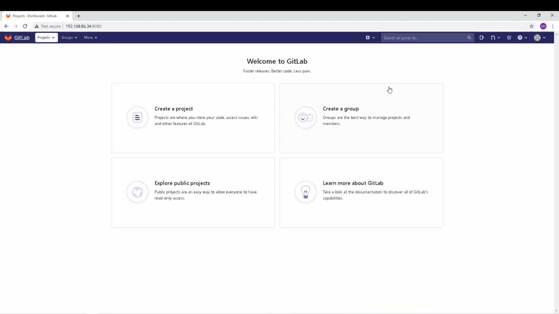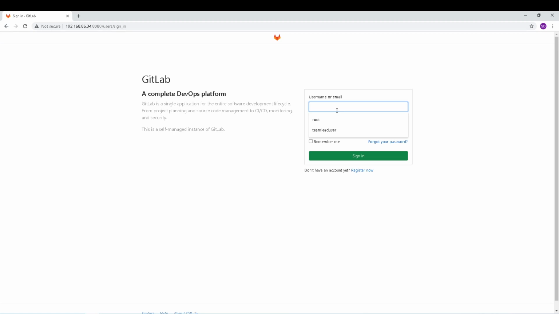Okay, so we'll come back to this again, but for now, let's sign out and try to access as a developer and the support and see what are the options that they see. For now, you can see that the team lead has create project and create group option. Let's see what we see for the developer and for the support. I'm going to log in with support user,